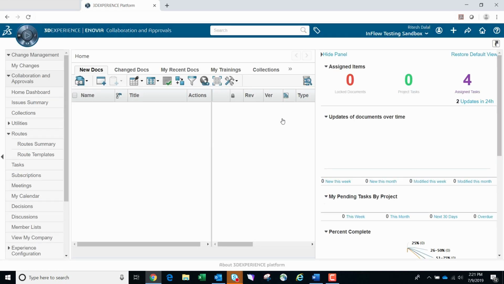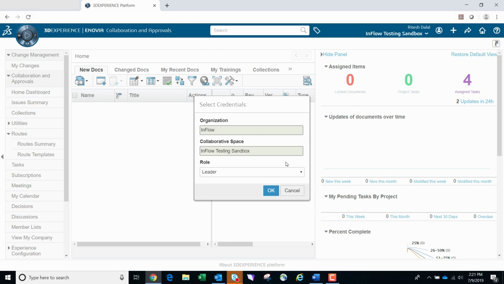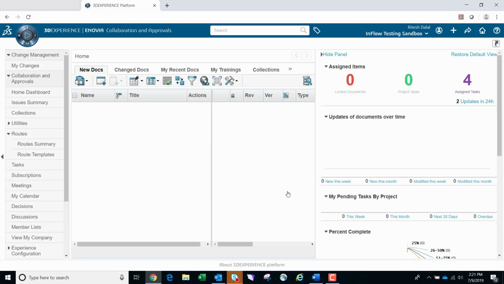After logging into ENOVIA, you're taken to your home page. When logging in, verify that you have the correct credentials to perform your desired tasks. For creating and promoting an NCR, you will need to be in the system as a leader. Also, keep in mind that your home page is configurable, and in this example, the home page is set to